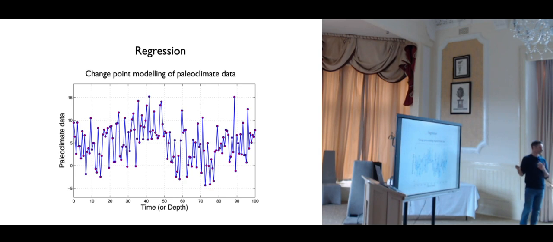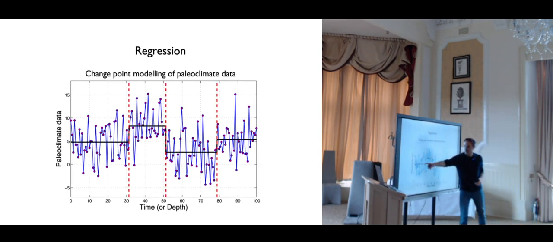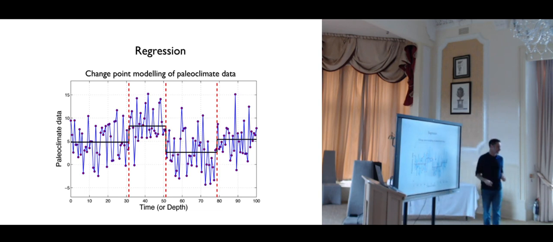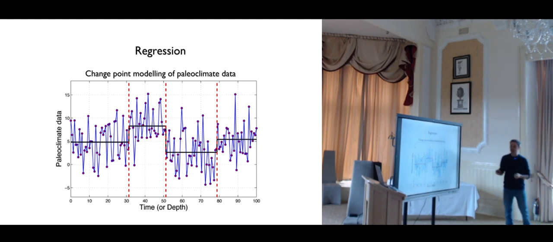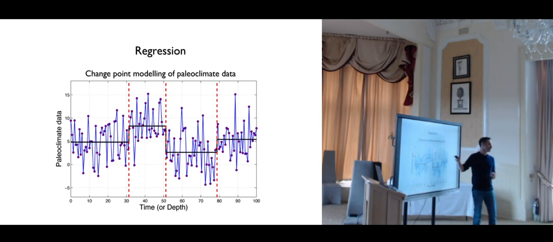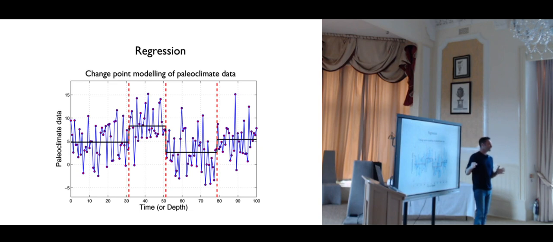So actually, to construct this data, I've set up a model in black here with 4 different layers, and I have added Gaussian noise to this black line. This is because paleoclimatologists like to model the past climate with constant periods where the climate was constant, and then abrupt changes.